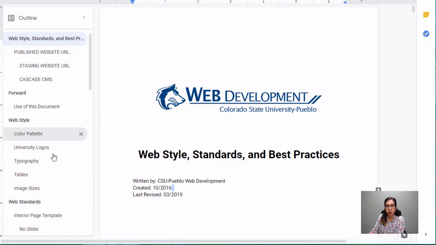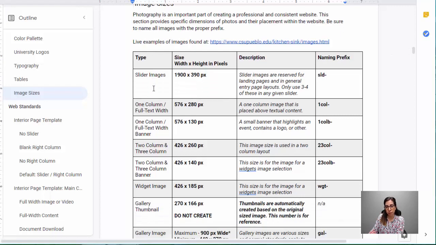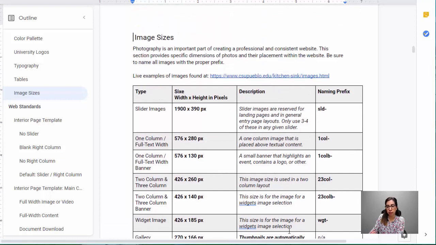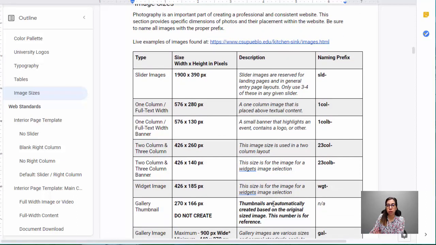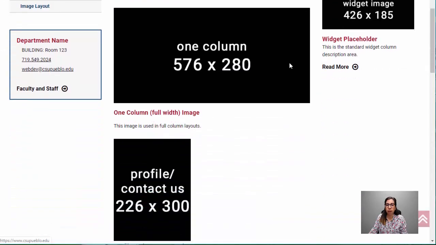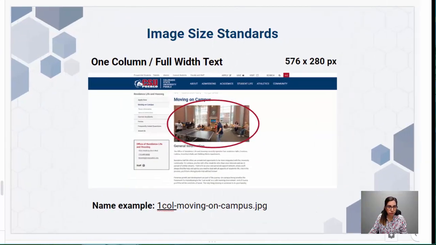So you have the color palette and all this other information, mainly for third parties, if they're helping develop some sort of third-party site related to CSU Pueblo. And then image sizes is where we have the different types, the different naming conventions, and then what these mean. If you need additional support as far as image size standards, we also have the kitchen sink, which is linked right here. So these are the live examples of what an image will look like on the live website. So now going back to the presentation,